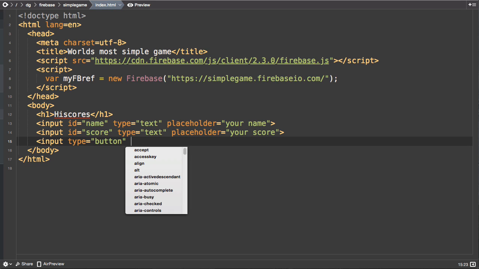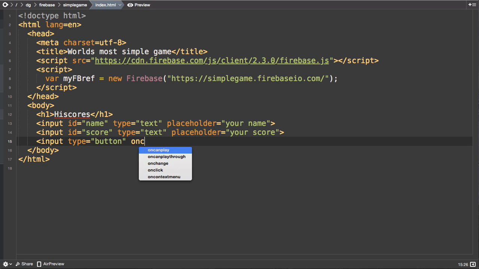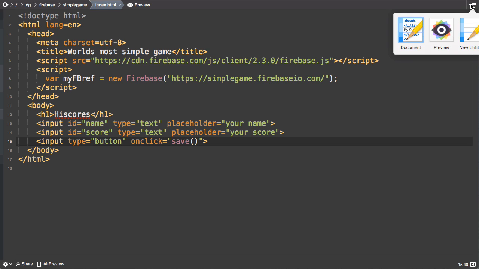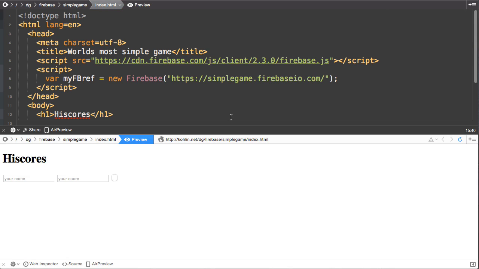I'm going to make this pretty simple. I'm going to have an onclick attribute here, and it will call the function save. If we open up a preview here, we should see high score, your name, your score,